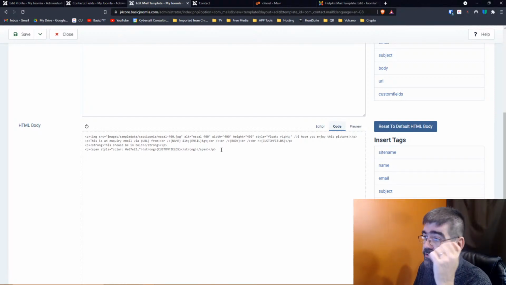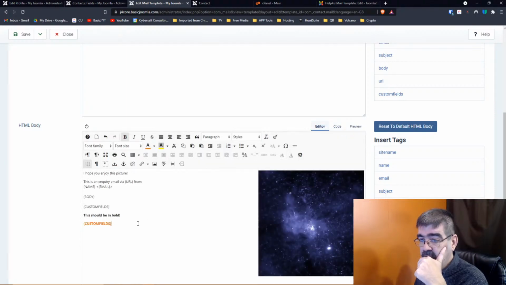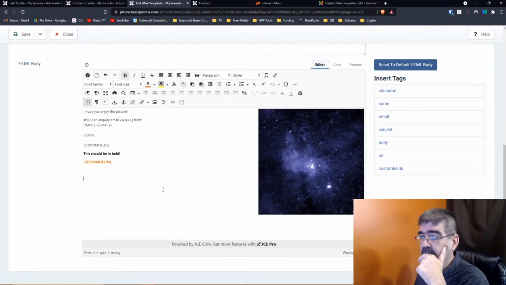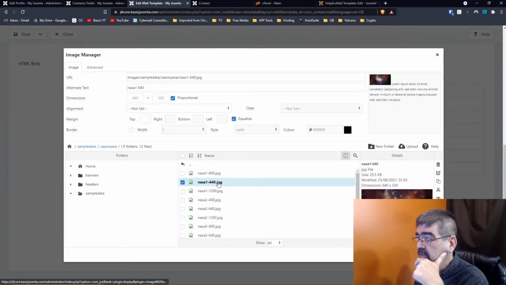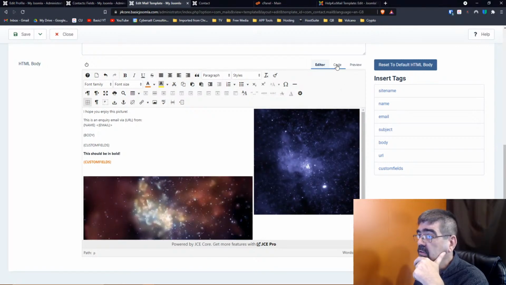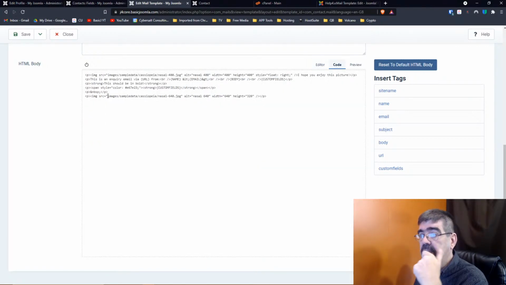Now by default, if we select another image in there, the second NASA image, and go insert, let's look at the code, and it does a relative URL. So it defaults to a relative URL,